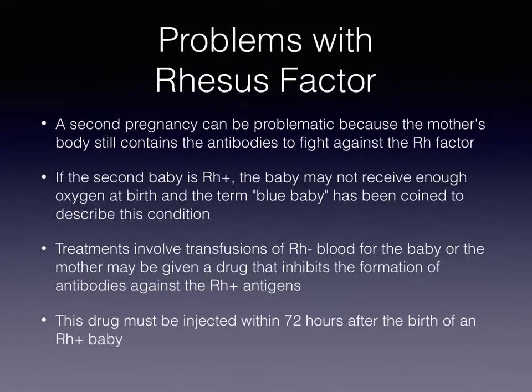If the same woman has a second pregnancy, there can be a problem because the mother's body still contains antibodies to fight against the Rh factor. So if a second baby is Rh positive, so baby number 2,